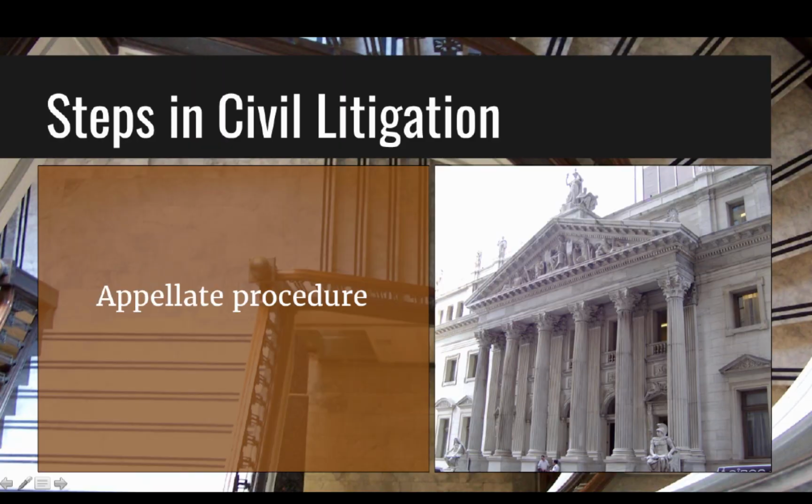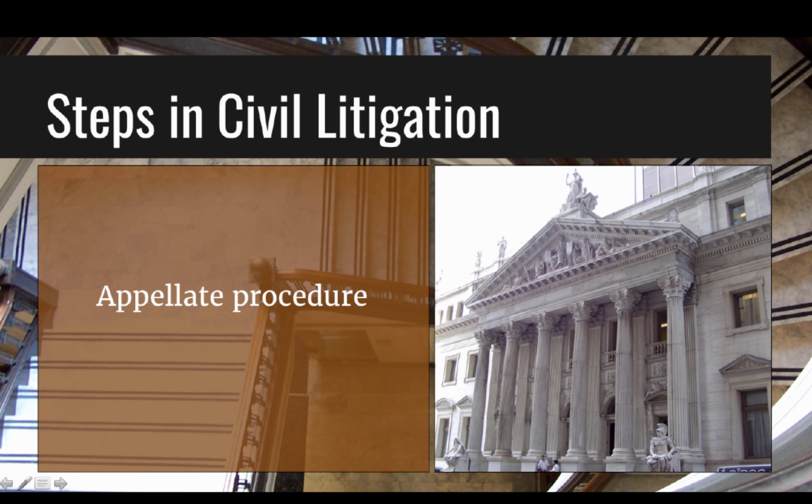A dissatisfied party may appeal the trial court decision. The filing party is called the appellant, and the opposing party is the appellee. Rules of filing must be followed, and the filing party must show that there was a prejudicial error of law. In other words, the trial court made a mistake that affected the outcome of the case. Appealed cases require effort and financial backing, but they may also have precedential value that surpasses trial court precedents.